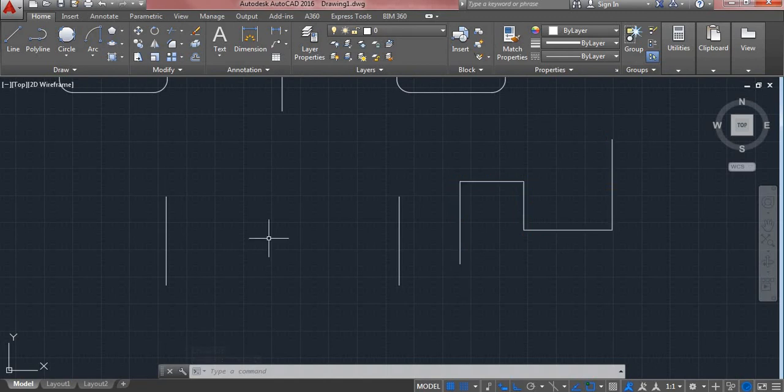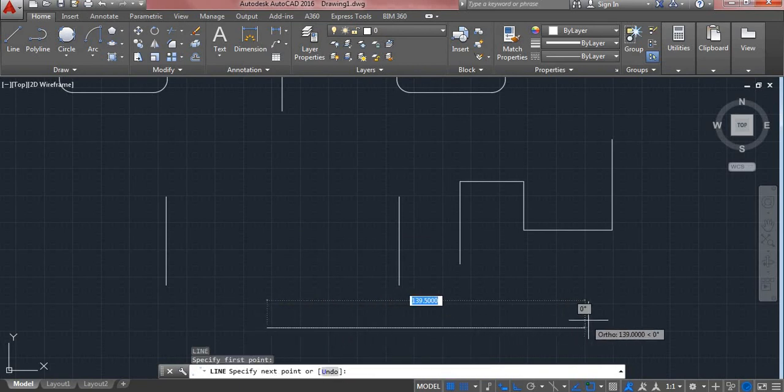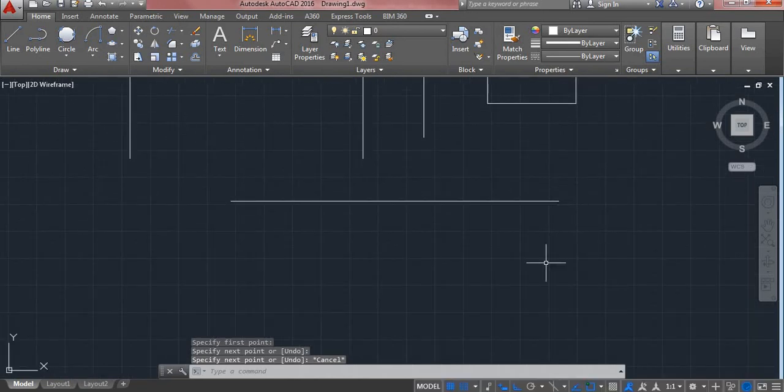And next is break command. Say for example, I have taken a line. I want to break this line into two or more. How to do that?